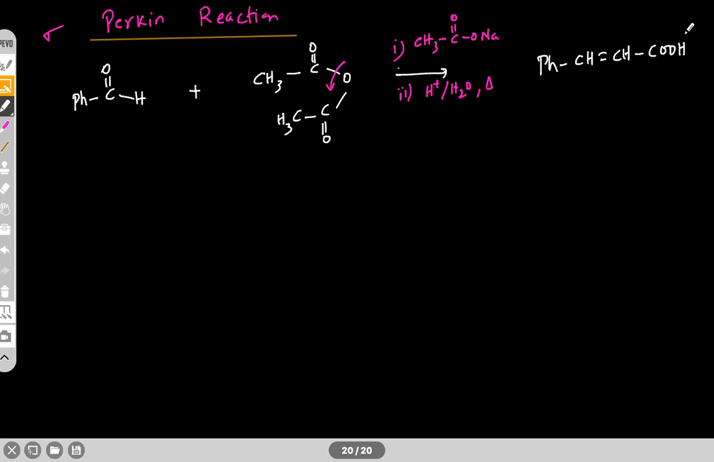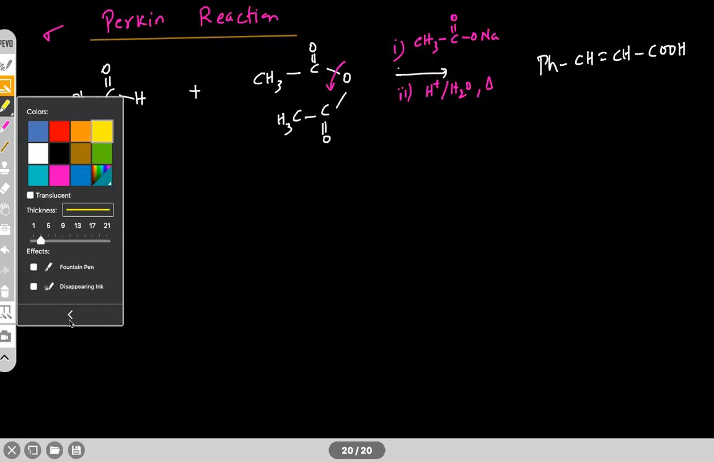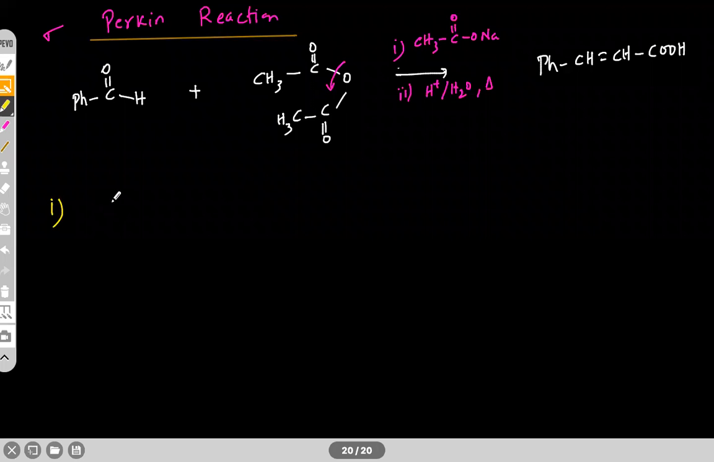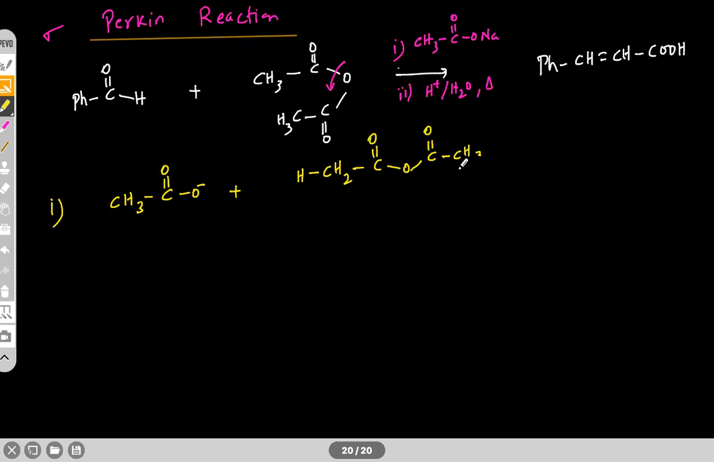Okay, how this reaction proceeds, you look at the mechanism. The first step, we have the base CH3COO minus. This base reacts with the anhydride, which has hydrogen, CH3 C double bond O, O C double bond O, CH3. So this base takes this hydrogen and converts into CH3COOH,